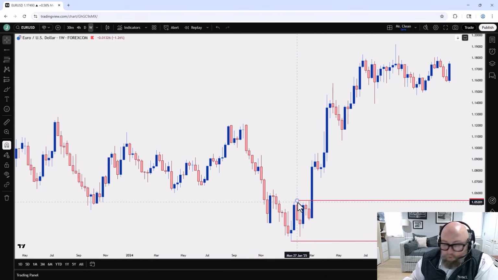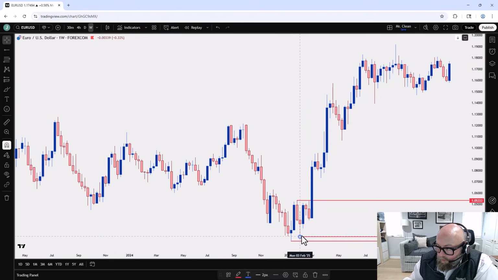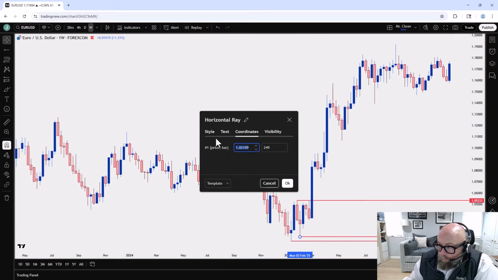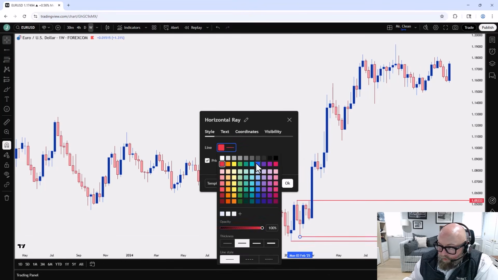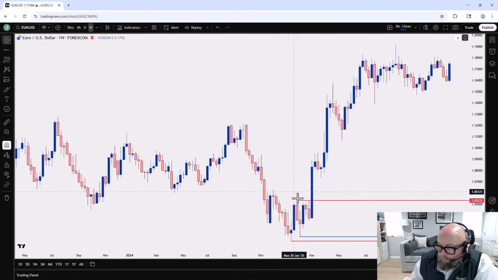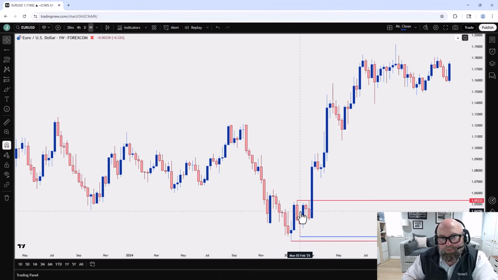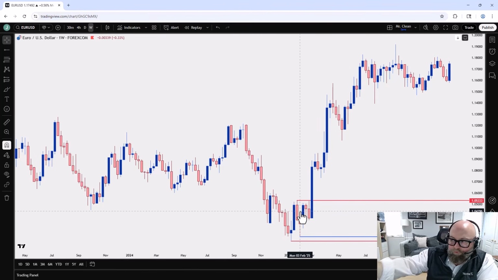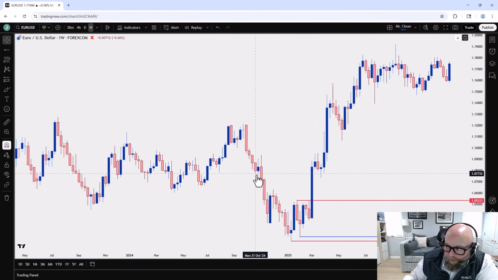And sellers are still in control at that point. But what begins to shift is right in here, when bears are unable to break down and retest that lower low. Now, at that point, again, we don't know that it's reversing. All that we know is that sellers failed to push to a fresh low. The sequencing that was so easy to drive back here is no longer taking place.